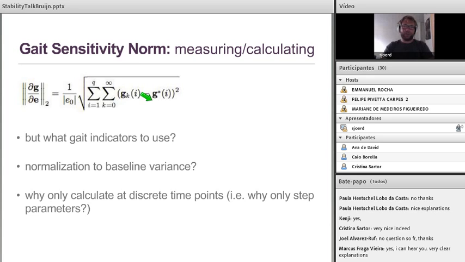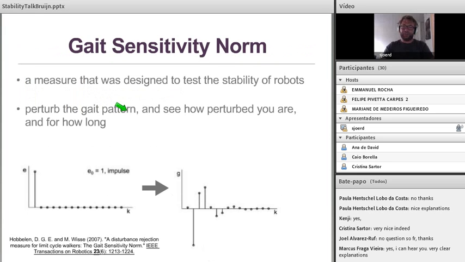So normal step time, this would be for instance, and then here this would be step time when you're perturbed. And the indicators Y here just indicate that it's different, so for instance you can use step time and step length and step width all in the same formula. Mostly we don't, so then you're just dealing with this K here, which is an indicator of the steps. So it basically says, going back to the previous slides, okay, we divide this reaction over the size of that